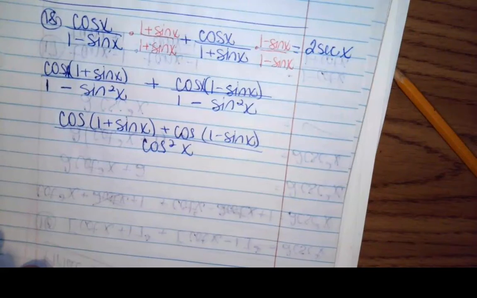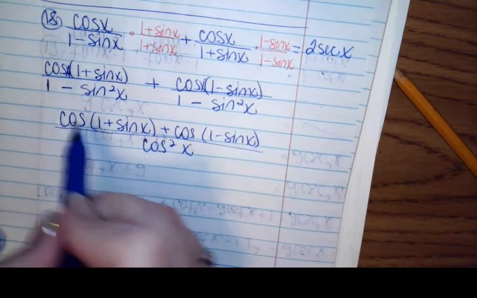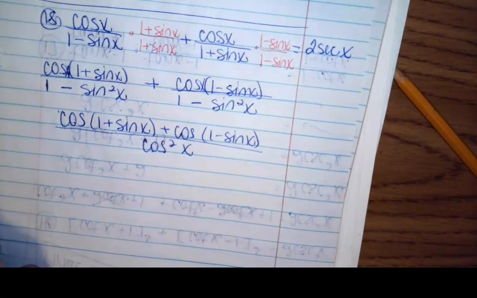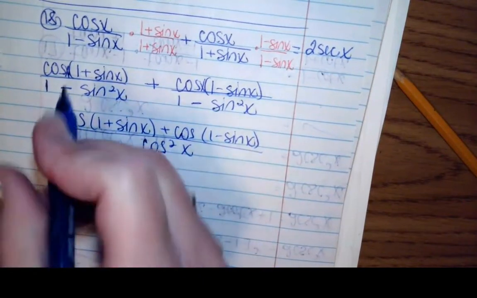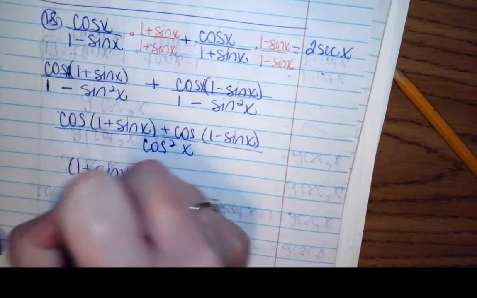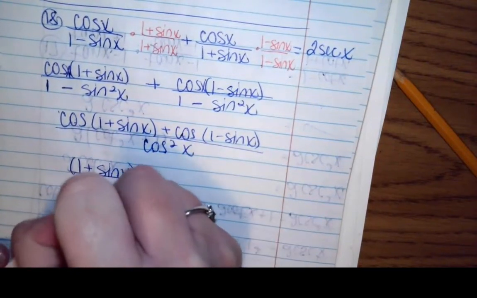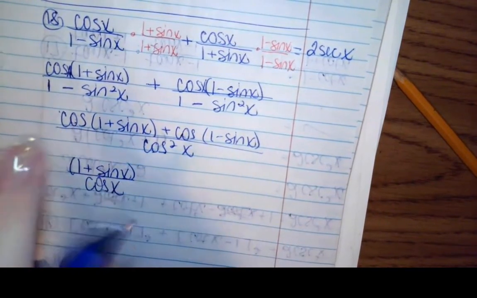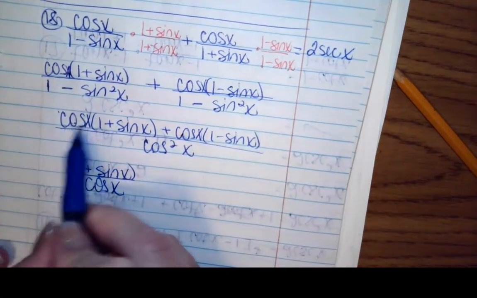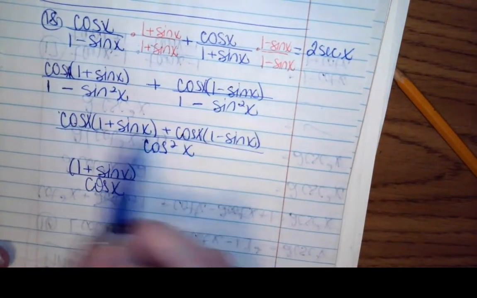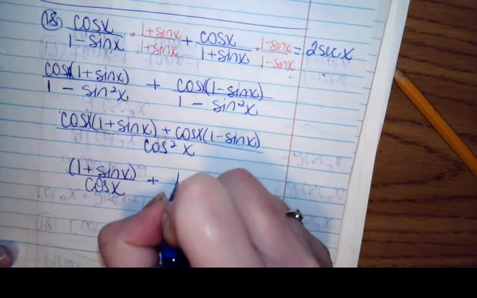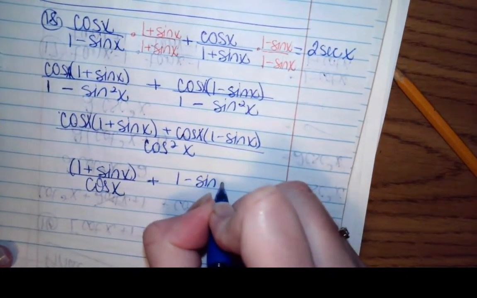Okay, so this becomes cosine over cosine, which reduces to 1 over cosine. So I'm going to reduce this cosine, and that gives me 1 plus sine x over cosine. Because this cosine reduces with that cosine squared to leave me with a single cosine. And then I'll have plus 1 minus sine x